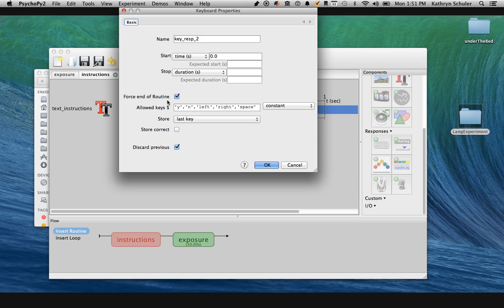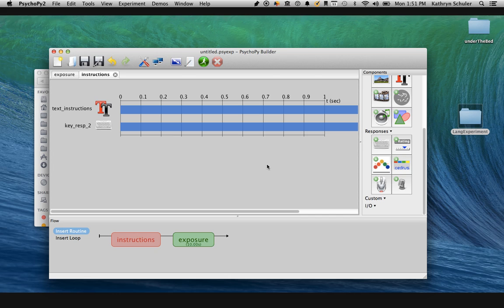So we want, as soon as this key is detected, we want it to be the spacebar, so we'll have allowed keys be space. So now, as soon as the spacebar is detected, this routine will end, and when this routine ends, it just moves on to the next one in our flow. So we'll say OK, and now we're done with our instructions portion. So now we have our instructions and our exposure, and all that's left is to collect our data in a test phase. So for this portion, we want to select another new routine,